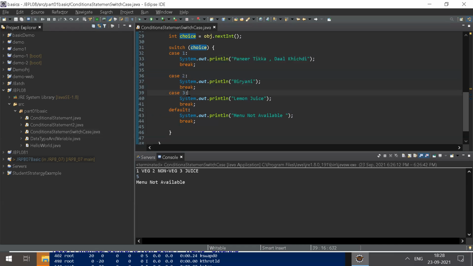Sir, here the user input is only one, two, three. In our previous electricity bill case, there were many user inputs in ranges. How can we put switch case there? We can't use switch case for ranges. We can only use it for exact values, not for ranges. In that case we have to use only if else. When we require only an exact match, then we use switch case, not on range.